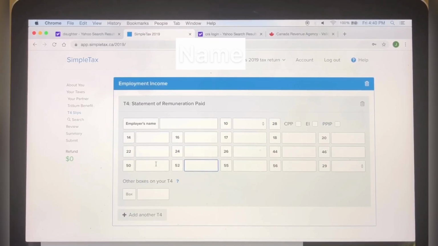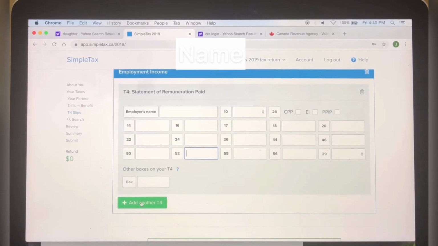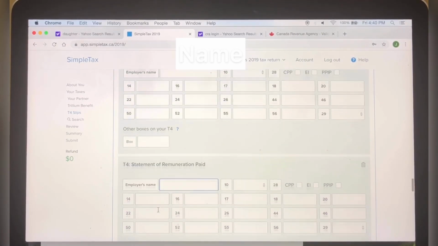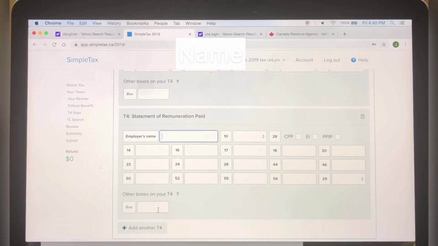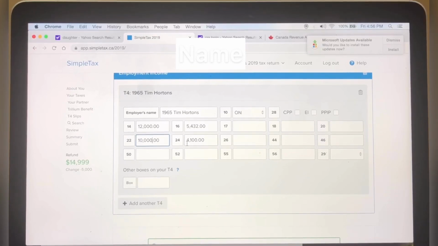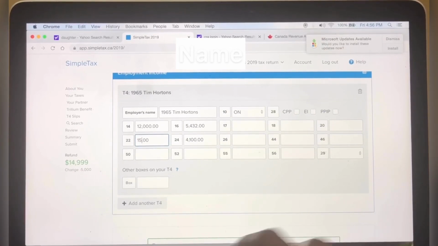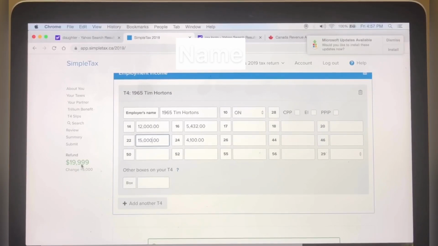You can add multiple T4s or T5s. When I start putting this number over here, my refund has changed. So if you notice on your left side, I'm going to change it to 15,000. So I'm going to get a refund of 19,999.